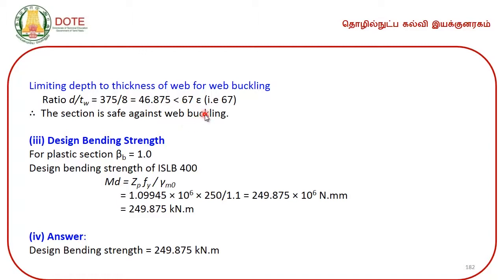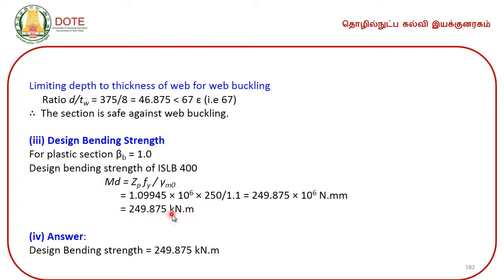And now, the third step is to find out the design bending strength, and beta b value for the plastic section is 1, and the expression to be used to find the design bending strength is Md is equal to Zp into Fy by gamma m0, where Zp is this value and Fy is this value, gamma m0 of course this value, and the bending strength is found to be 249.87